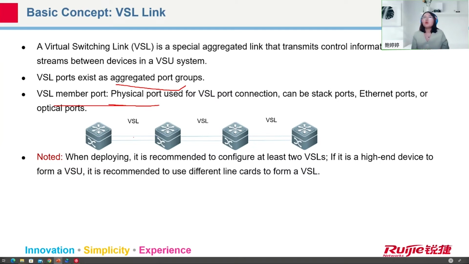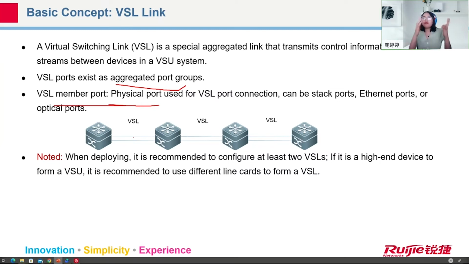The third one, we will use the VSL link to detect the state of active, standby, and candidate. If we detect that the active cannot send out messages in the period of time, maybe we will select a new one. Otherwise, if all links are broken, the state will be